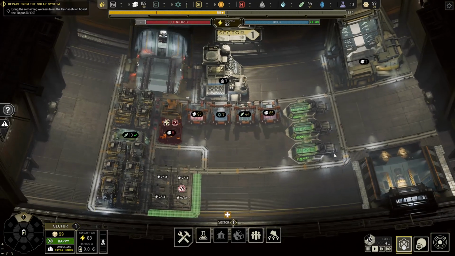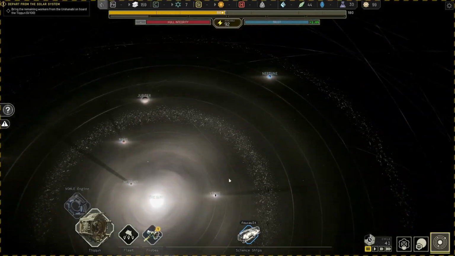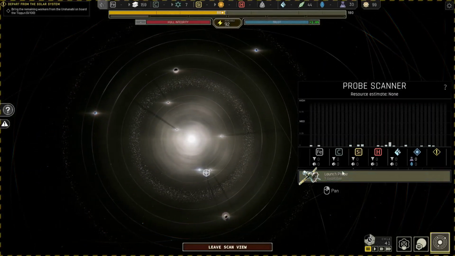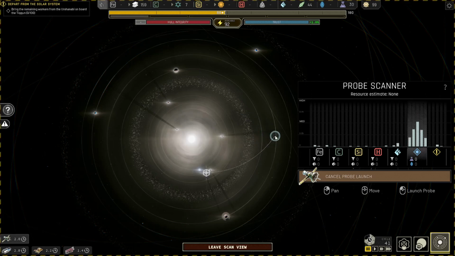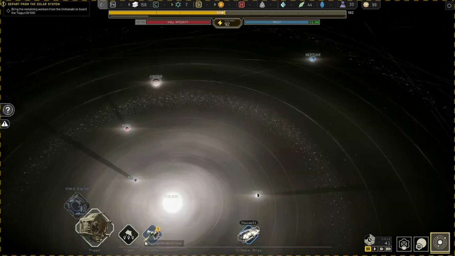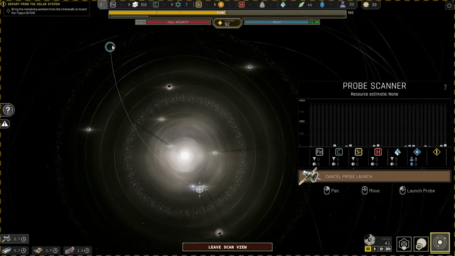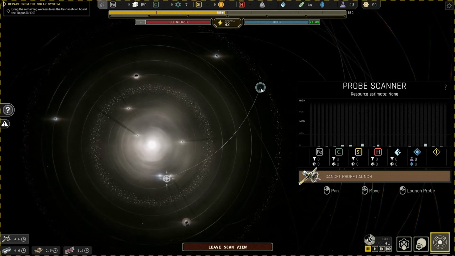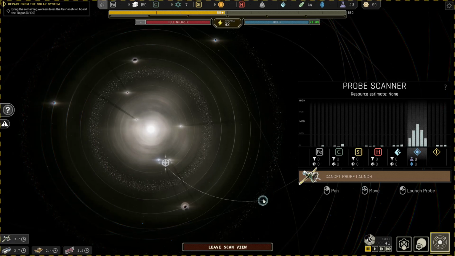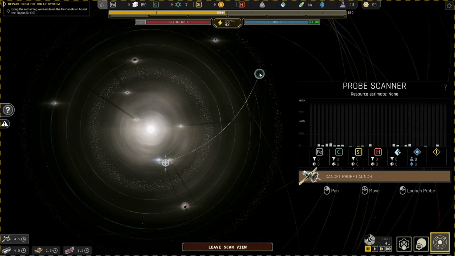Thank you, Eden. All right, we have a probe. So now that we have a probe, what we can do is you can probe the solar system. And the way you do that is you just select the probe down here, launch probe, and then you just scan the solar system, generally around